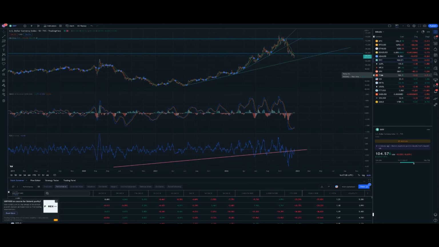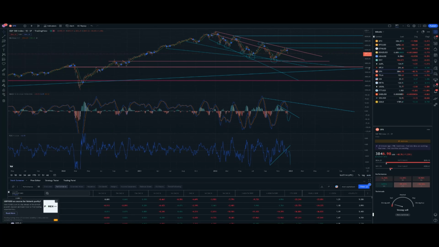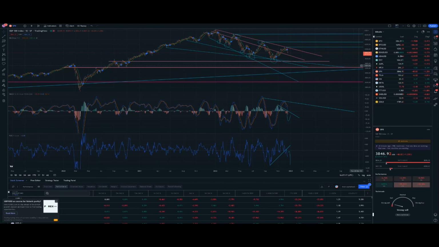And what we want to do is try and catch the major swings if we can on here, because nothing ever really goes down straight. What happens in the markets is we end up getting bounces. I don't know if it's going to bounce like this right here once we break the support line and come back for a retest, or if it's going to touch the support line and come back for a retest. It's going to be one or the other.